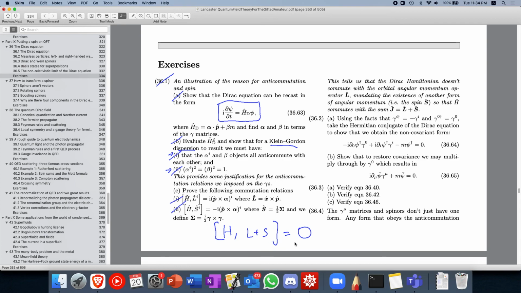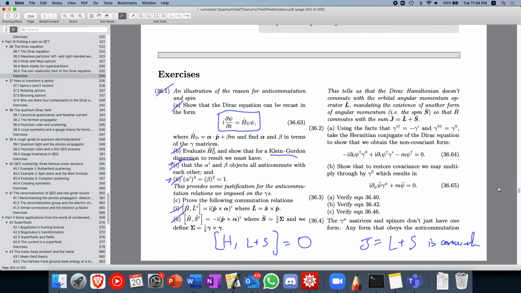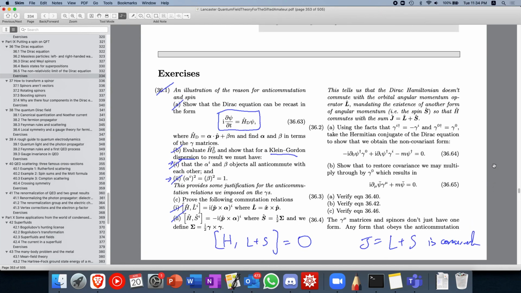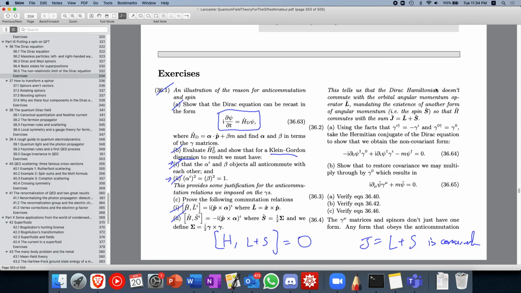So we call this guy J, and it's equal to angular momentum plus spin, such that the Hamiltonian commutes with J, and this is conserved. It's a conserved quantity, and it's because there are simultaneous eigenstates and stuff like that. So that means that there's another sort of quantum number in a sense, which is the total angular momentum. So as such, we have reached the end of problem